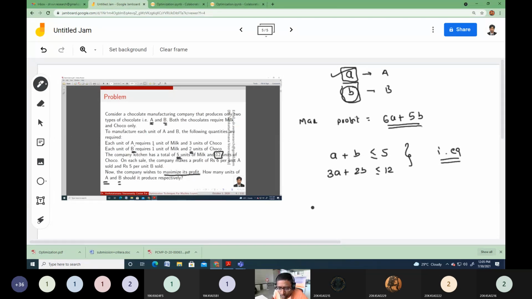Now finally, coming to the boundaries. We are going to calculate how many A units and how many B units we have to produce. That must be a positive number, so definitely the variables A, B must be greater than or equal to 0. Maybe you can suggest no units of B, or no units of A, as 0, but not as a negative number. So this is the complete mathematical model.